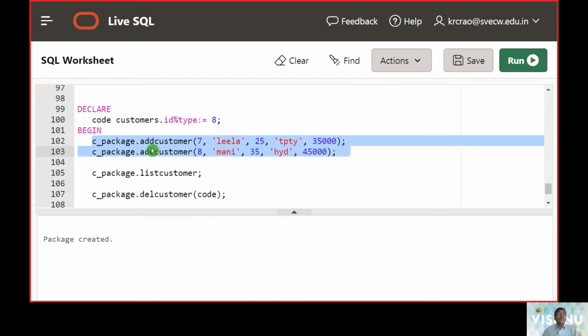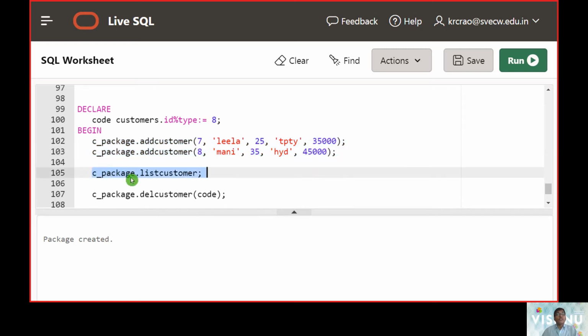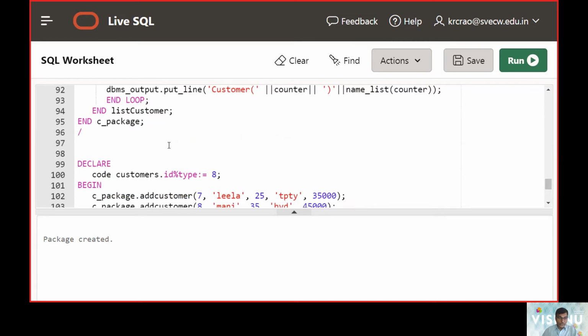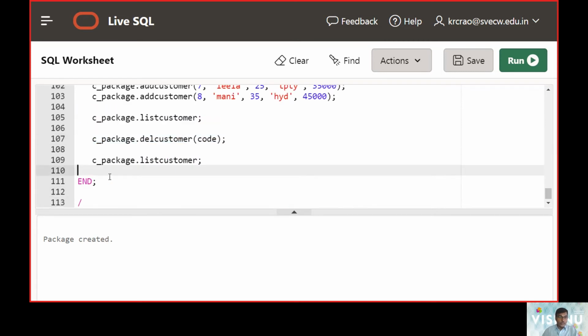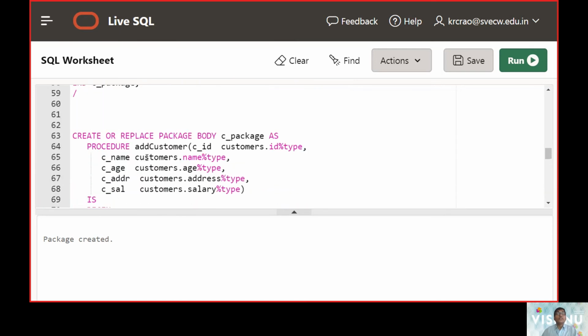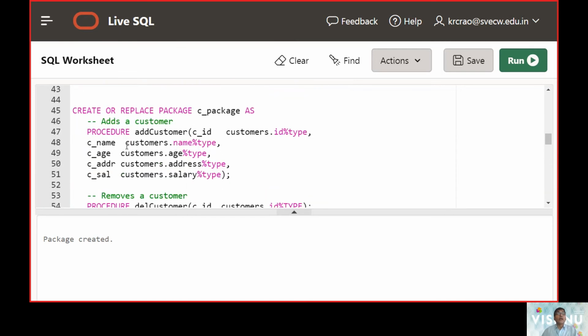Then we use the package name followed by the procedure name add customer. Then we display the list procedure which internally invokes a cursor, and finally we use delete customer to call the delete procedure in the package. All this we are now going to execute and verify.